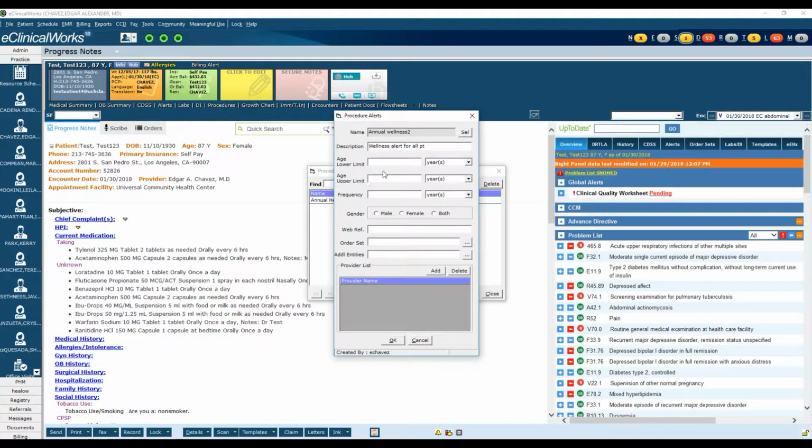Here you can actually do limits. So for example, if I wanted to create one just for a certain population of patients, let's say that I want to create it for 2 years all the way out to 18 years. So this is the age limit, and I'm going to do it every year. And I'm going to do both female and male. You can add providers here, but if you leave this blank, it's going to apply to everybody. So once I hit OK,